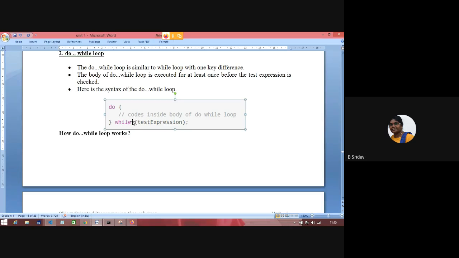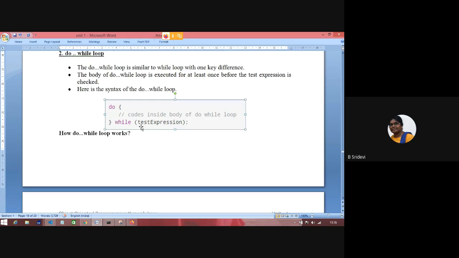In do while we test the condition at the end of the loop. As we are testing at the beginning, the while loop is called a pre-test loop or entry controlled loop. In do while we are testing this expression at the end. This is called an exit controlled loop or post-test loop.